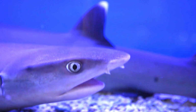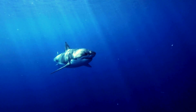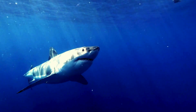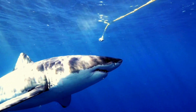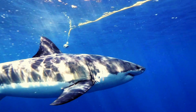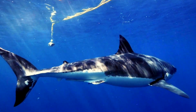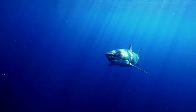Sharks also exhibit significant diversity in their dietary habits. While some species, such as the great white shark, Carcharodon carcharias, and tiger shark, Galeocerdo cuvier, are apex predators known for their powerful hunting abilities and carnivorous diets, others are gentle filter feeders. Whale sharks and basking sharks, Cetorhinus maximus, for example, consume vast quantities of plankton by swimming with their mouths wide open, filtering small organisms from the water. This variety in feeding strategies allows sharks to occupy different niches within marine ecosystems, making them integral to the health and balance of